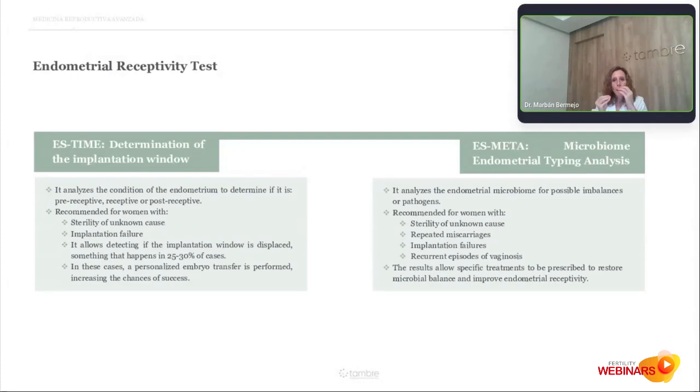So we try to select the patients that could get a benefit with that test. Okay. And regarding the other part of the test, which is called META, that test is designed to diagnose potential chronic endometritis and also can diagnose how the microbiome of the endometrium is. So, as we were saying before, it can also be indicated in patients with repeated miscarriages, as we know that